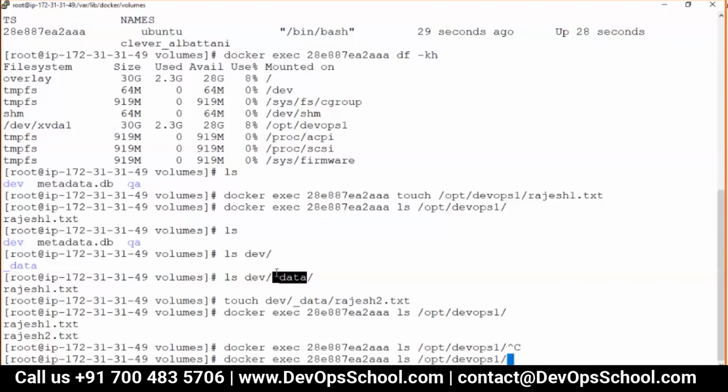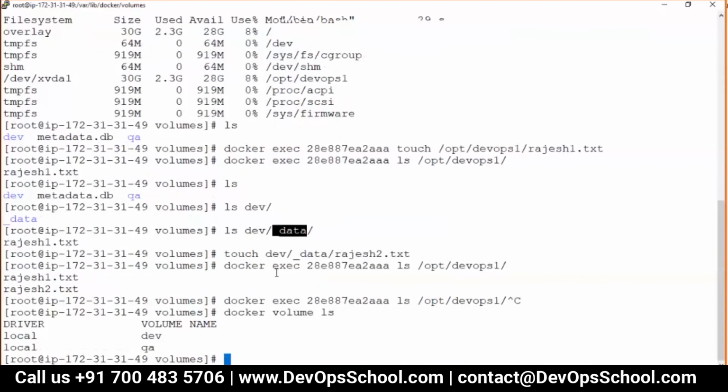Because the driver for this is local. When we have local, it will take the storage beneath. If you have a different driver, probably like EBS, which is possible with the help of plugins, probably you can do that.